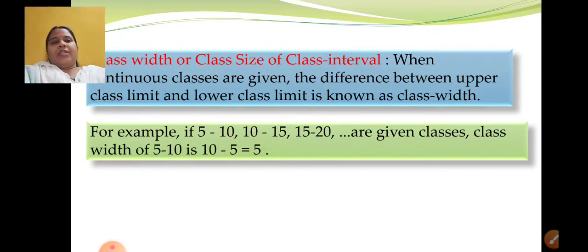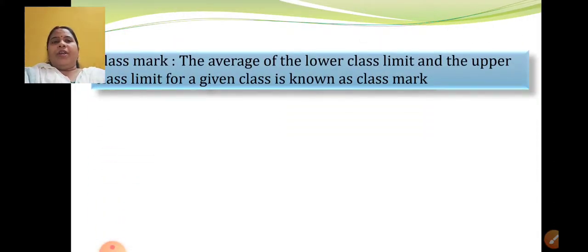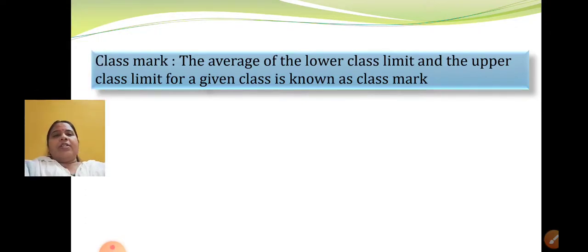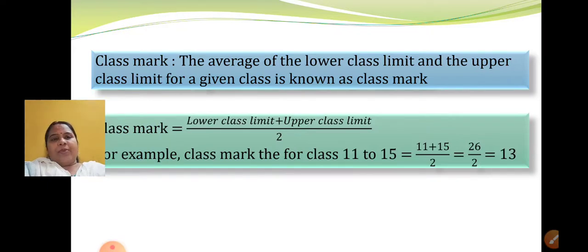Let us move to the next important concept, that is class mark. Now what is this class mark? It is average of the lower class limit and upper class limit for a given classes is known as class mark. Now I know reading this you must have not understood anything. I am explaining it. Average means what? Average means added and then divided by number of observation. Now in this there are two observations only, like lower class limit and upper class limit. So the formula for class mark is lower limit plus upper class limit upon 2. From where do I get this 2? I get this from this word average. I am adding it and dividing it by 2.